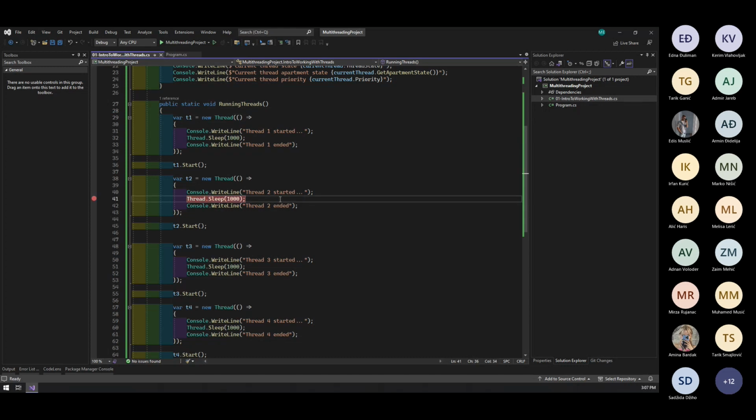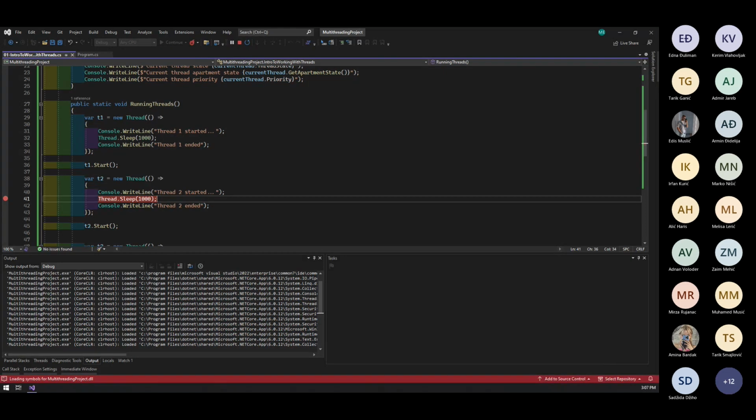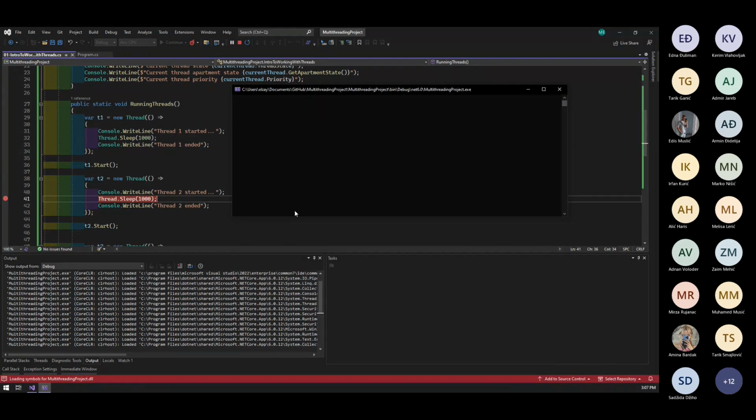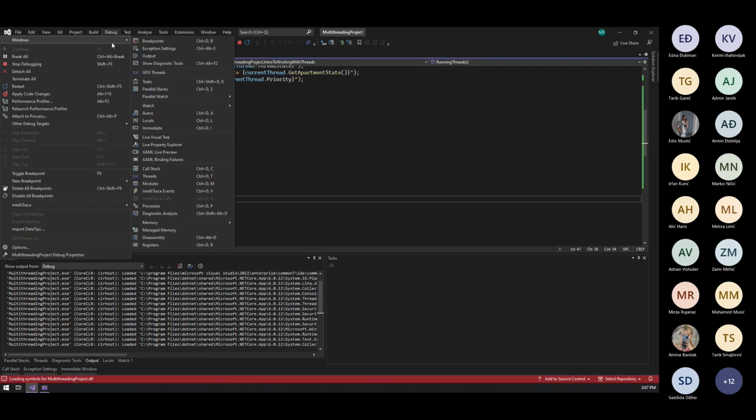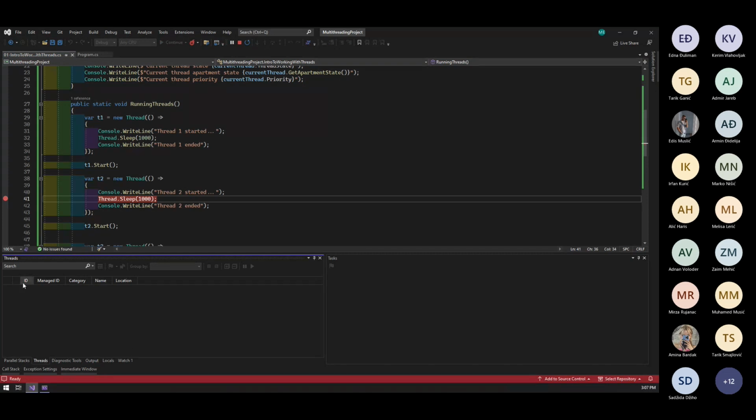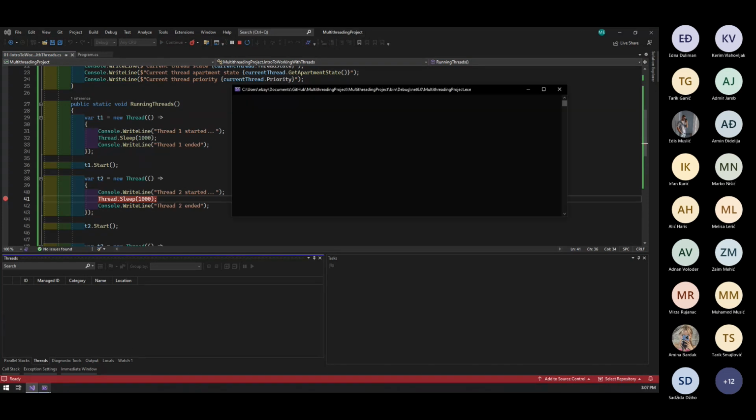So if I hit F9 and I hit F5, there's a very important window you need to know about, which is under the debug window. You have tasks, which is needed. Parallel stacks, I think this is for you to see the parallel stuff. Here are the threads. So if I hit this, you will see all the threads that are running in your application at the time being. So if I hit enter,